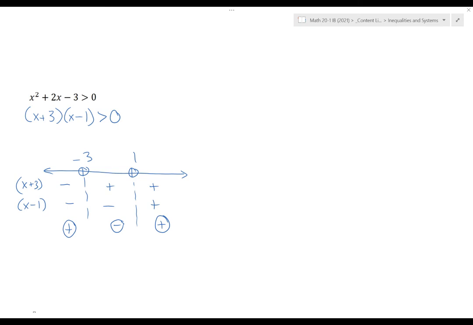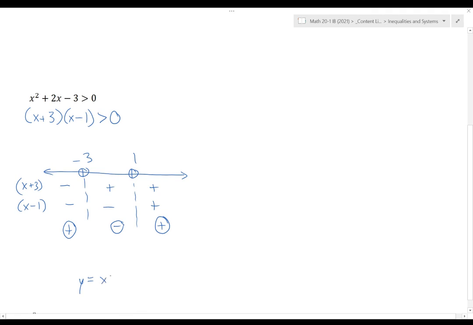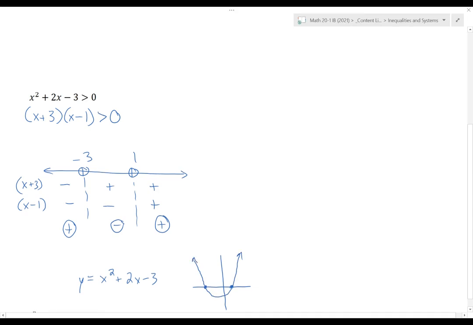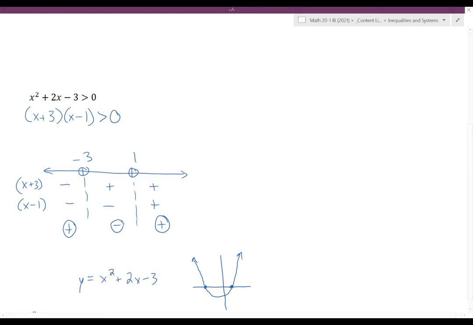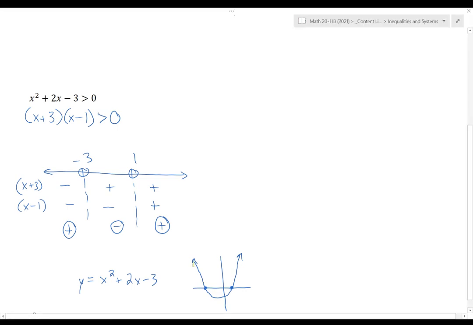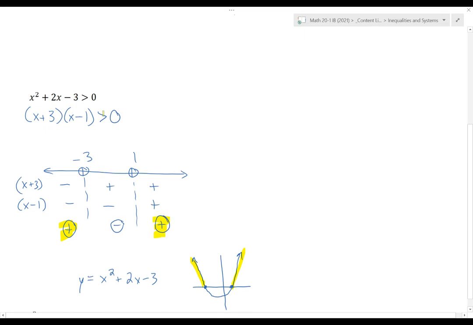If I think about what this would look like as a graph, if I graphed y equals x squared plus 2x minus 3, graphically, I would be seeing a parabola that crosses the x-axis at negative 3 and 1. And it does something like that because it's opening upwards. So the y values are going to be above 0 on the outside edges. So here and here, in exactly the same places where the product is positive,